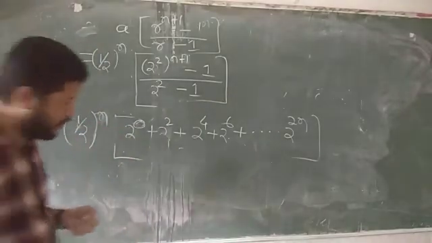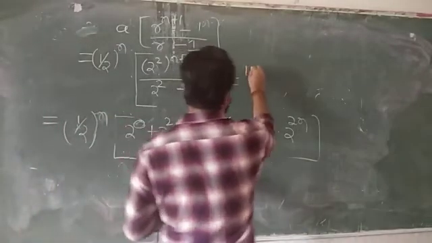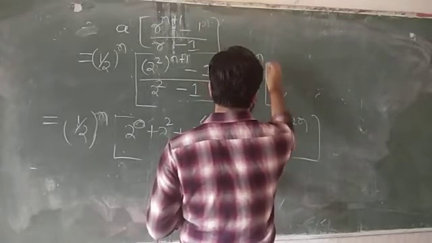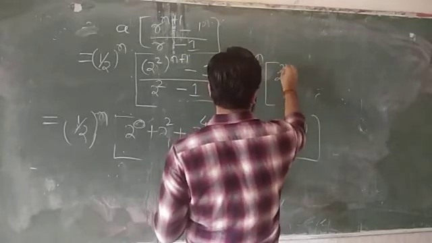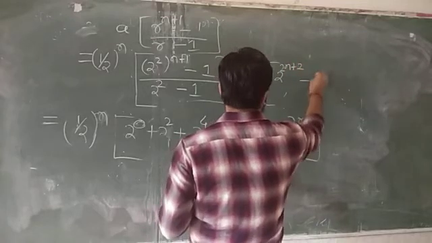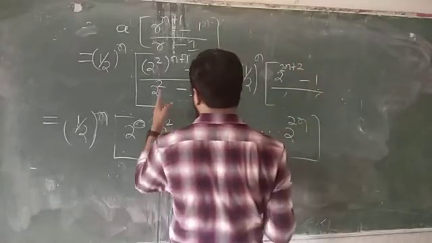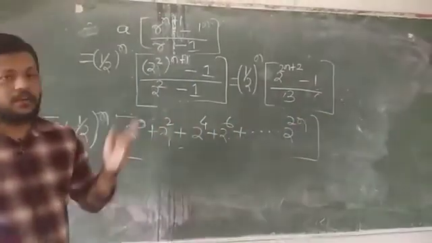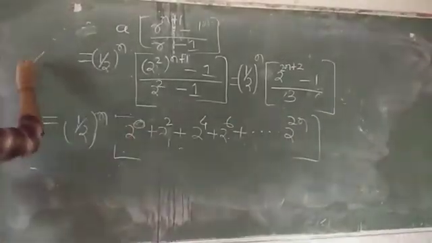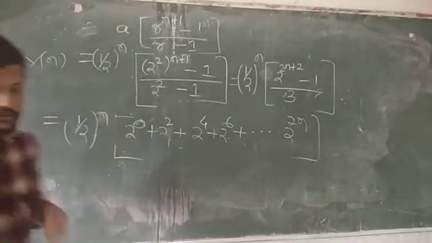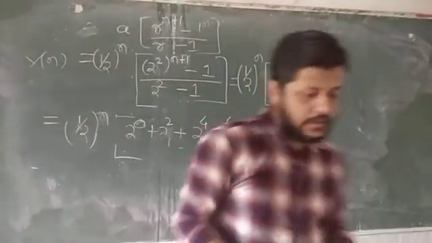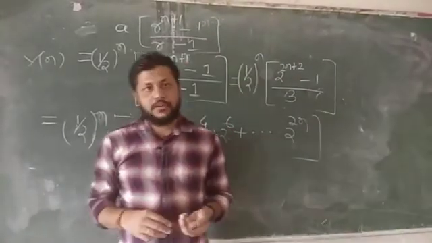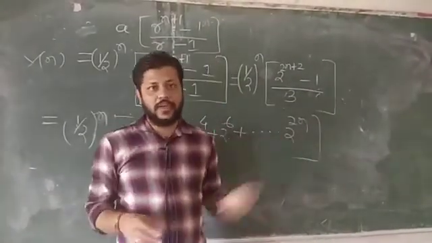So now we can solve this. So this is equal to half to the power n into, this can be written as 2 to the power 2n plus 2 minus 1 divided by 2 square is 4, 4 minus 1, that is equal to 3. So this is the response of the system yn. This is how we have to calculate if the series is infinite series and consists of un. So the moment you see that, you have to apply the definition.